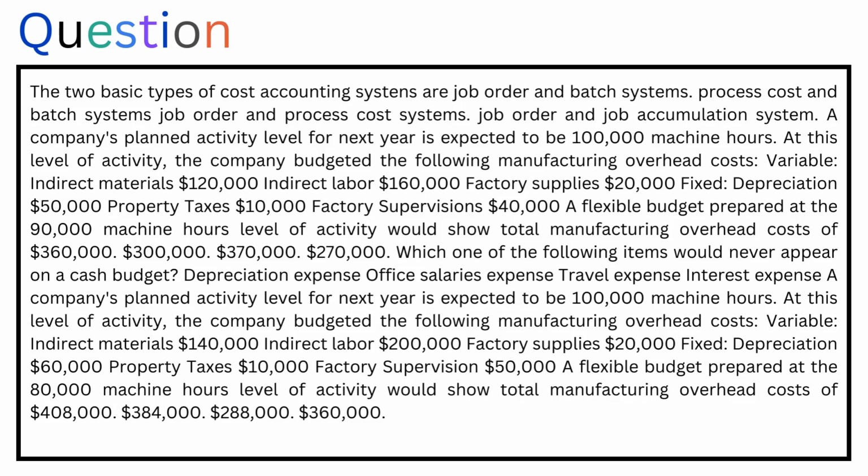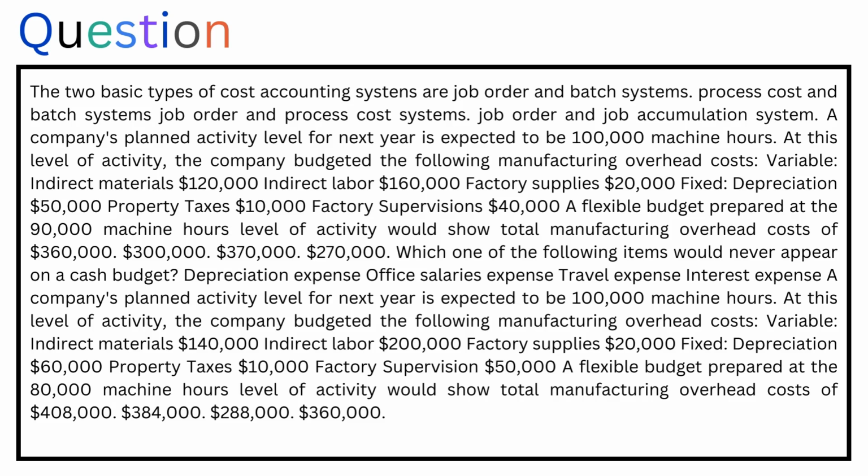A flexible budget prepared at the 90,000 machine hours level of activity would show total manufacturing overhead costs of $3,60,000, $3,00,000, $3,70,000,